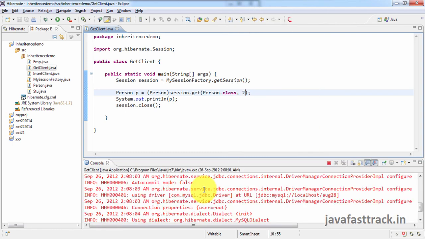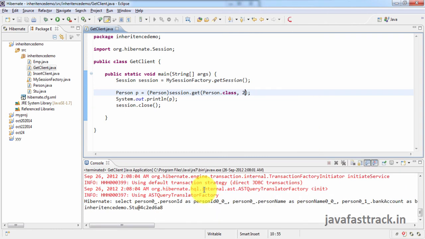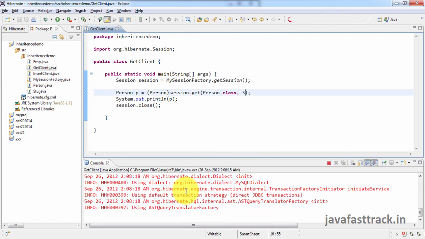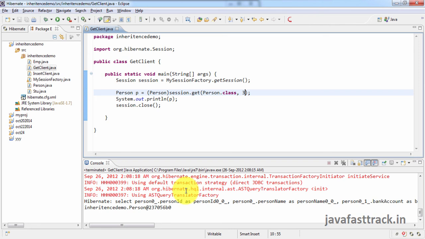I am getting a student object. When I look for person ID 3, I don't know what object I am going to get. I am getting a person object. This is called polymorphic behavior. Whenever you do inheritance mapping, using any strategy, you will get polymorphic behavior.